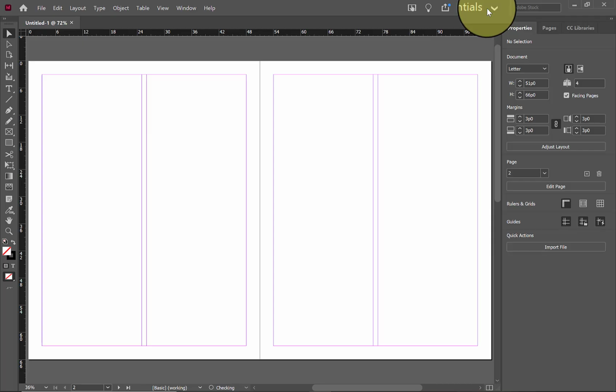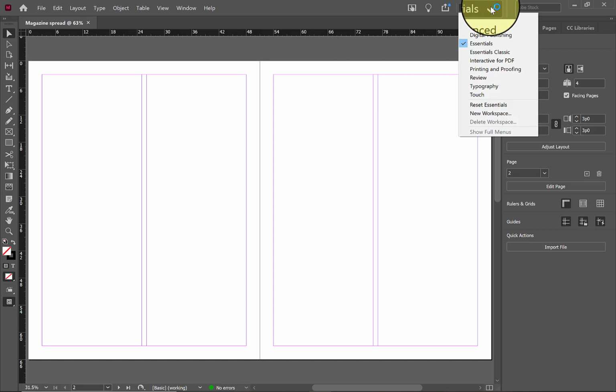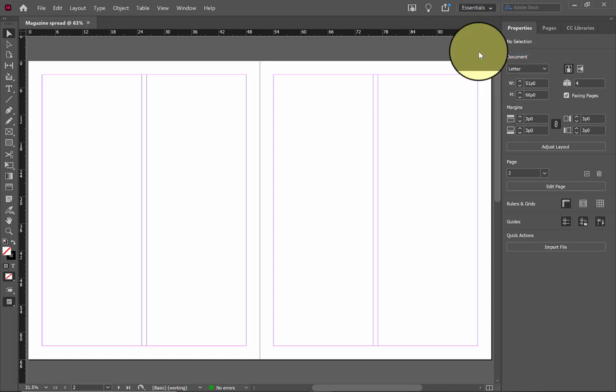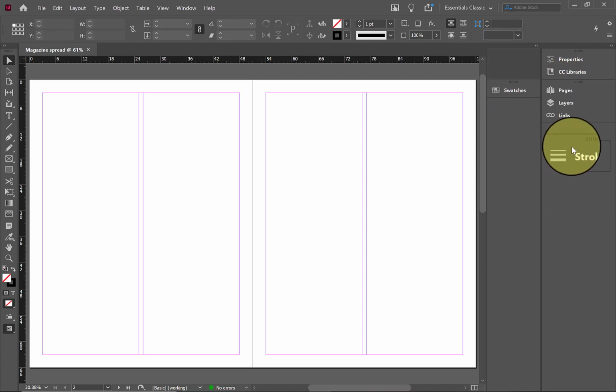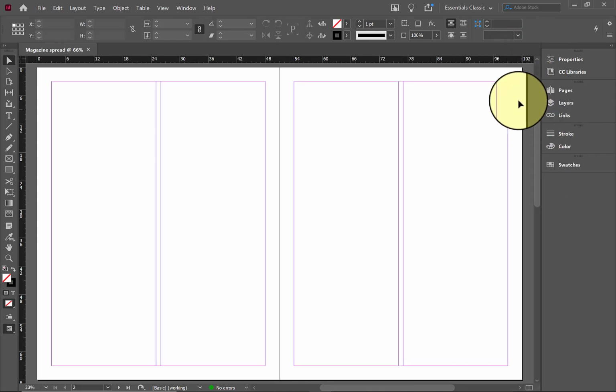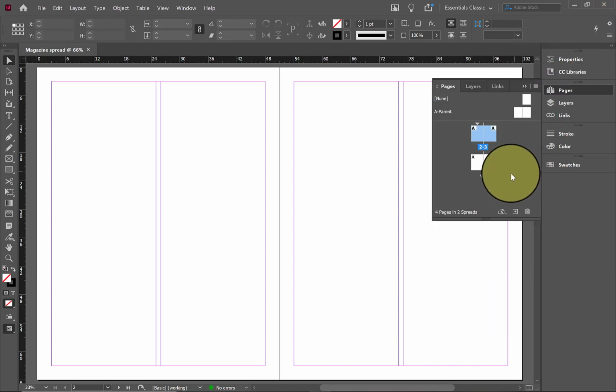Right now I'm in the Essentials workspace, and I actually want to switch over to Essentials Classic, which in my opinion is easier for me to access and just makes it easier for me to work with. And I'm going to toggle all of these panels over to my right hand side so I have a little bit more room to work on my document, and that just for me makes it easier. I'm going to make sure my pages panel is open because I have a lot of work to do on my parent